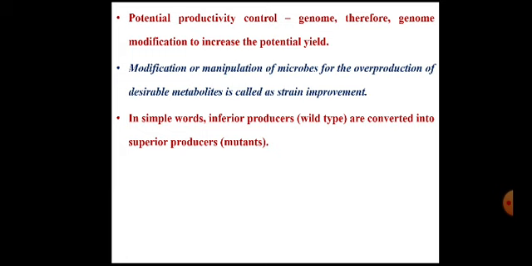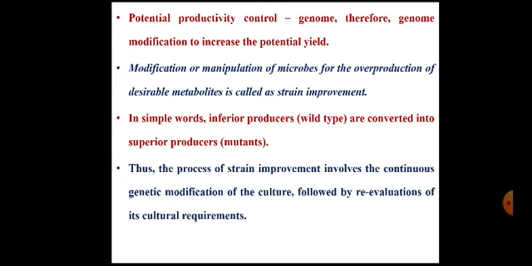So if the genetic modification is done, natural isolates are converted, they are genetically modified, what will be the product? The product will be called a mutant. That means there is genetic modification. So in simple words, inferior producers are converted into superior producers. So conversion of inferior to superior producers is called strain improvement, and that is the major objective of the strain improvement program. I'm using the word program because this is not a single step reaction. It is an event, or it is a program. It is a set of several steps. That is why it is called the strain improvement program, SIP, to increase the productivity and yield of producer